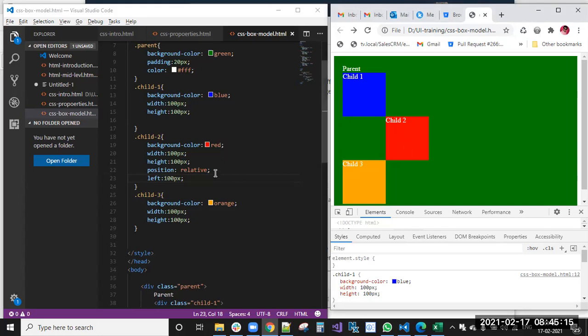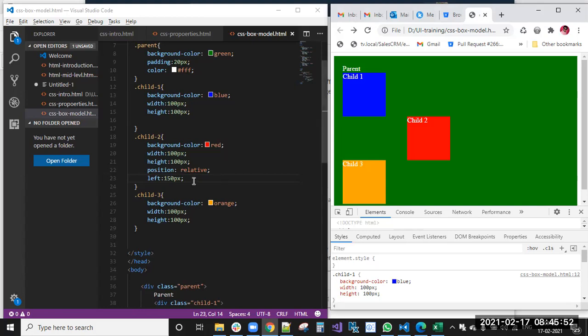If you move 150 pixels, it will move that much. If you apply position relative to an element, it won't affect the current document flow. From exactly the place where the element is placed, it will move from that position only.